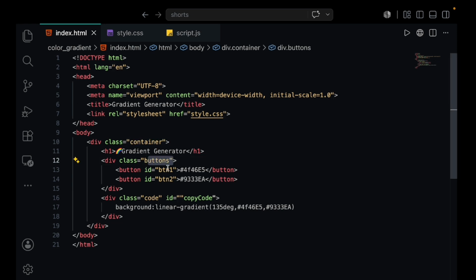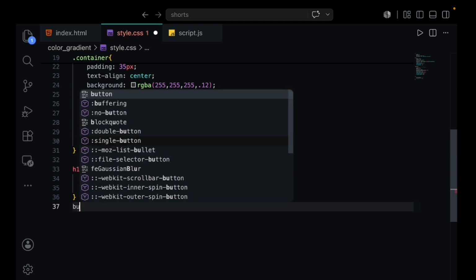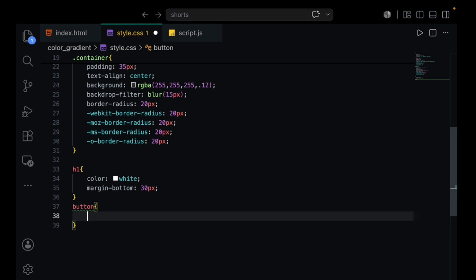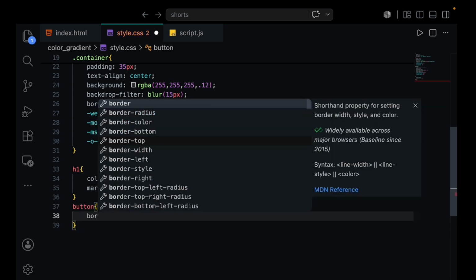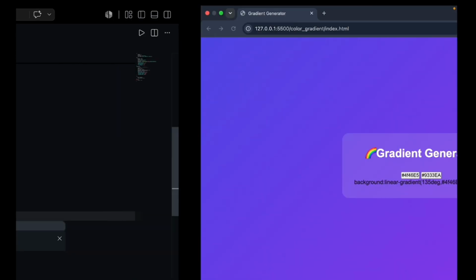We have a button. So let's move towards our buttons, or I'm gonna simply write button, both are the same, button tag, and let's design it. We're gonna give a border none. Look at this.